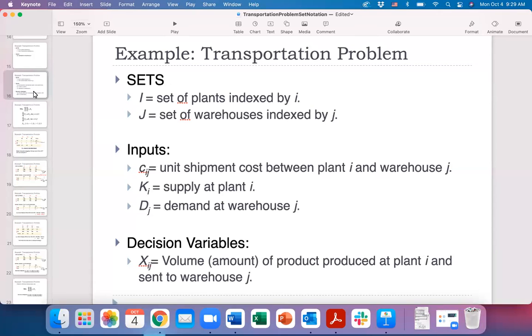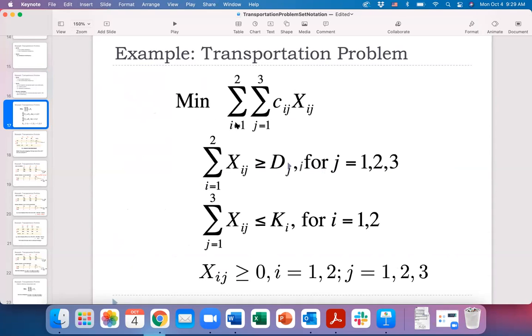All right, in the previous video, we went over how to introduce all this notation carefully, the sets, the inputs, and decision variables. Now we're going to utilize all this notation to write down the mathematical formulation the lazy way, I call it, because instead of writing,